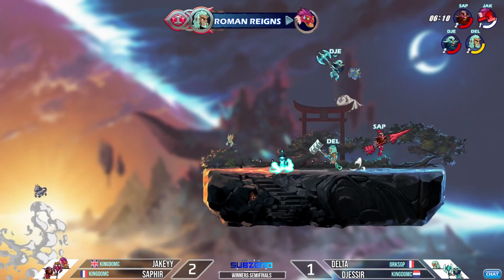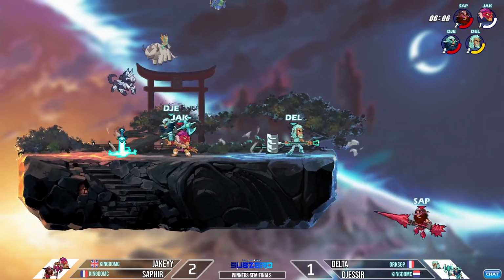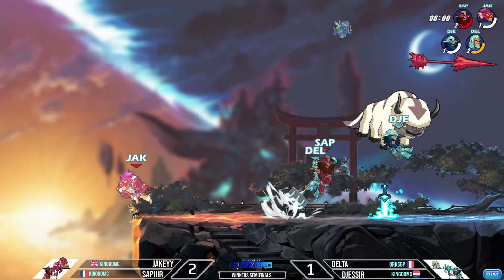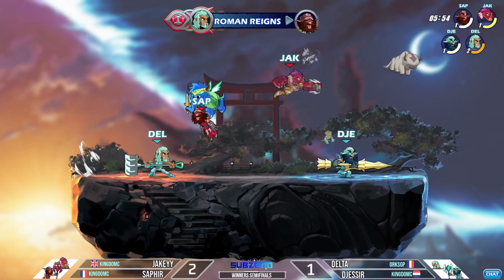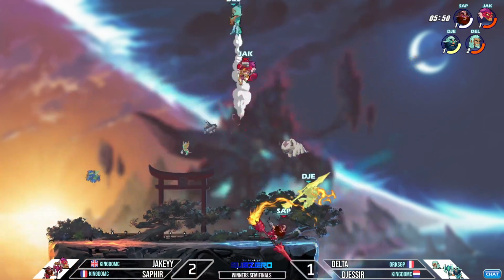Ooh. Delta actually very swift cleaning with the hammer, able to evoke that second stock from Jakeyy. Delta also playing up the ledge guard against Lance quite well. Lance can sometimes be a bit of a difficult weapon to ledge guard, and yet here he is managing with hammer. And it's a pretty interesting option for Delta in some of these cases to not go off stage,